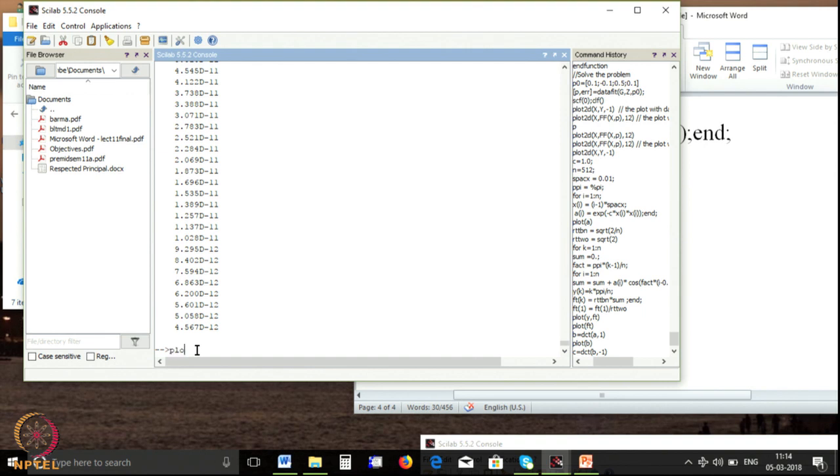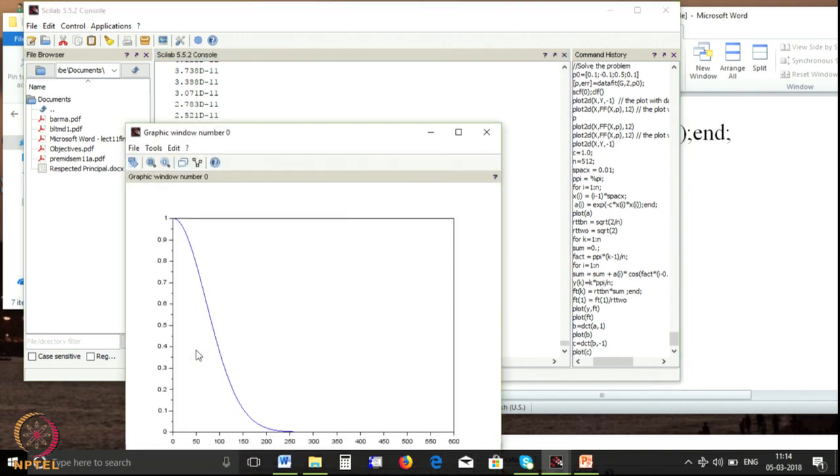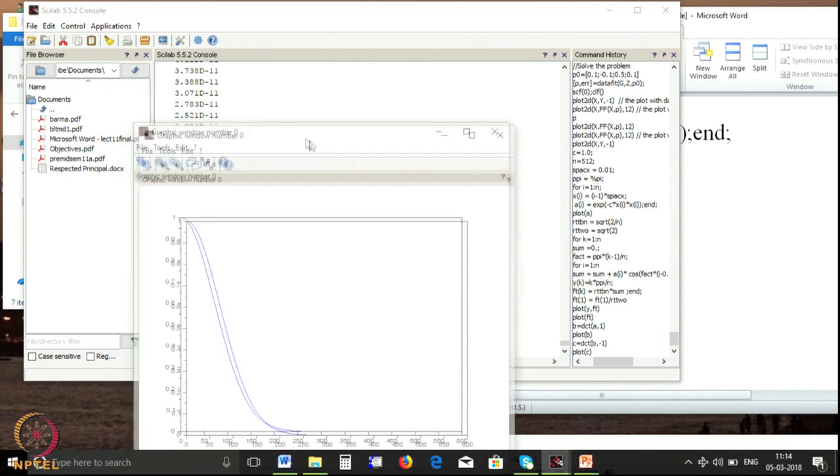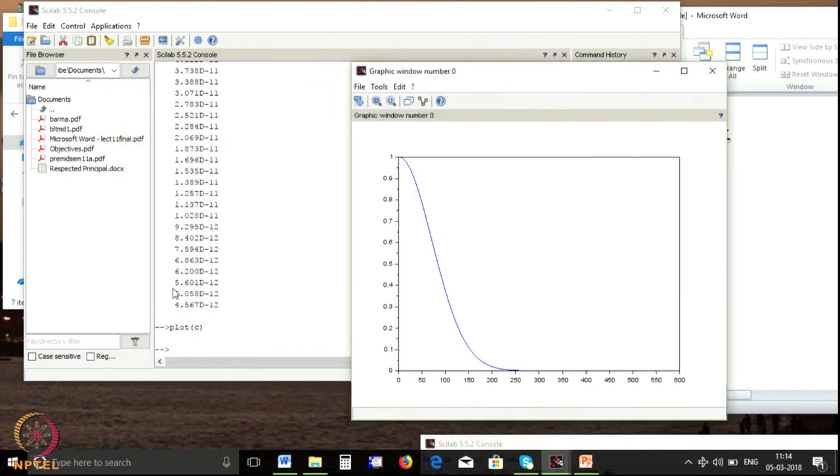So, let me plot C. We will see that this is my C, which is really an exponential function. Okay. So, my forward transform was B, my inverse transform is C. So, you see that I got this original function.